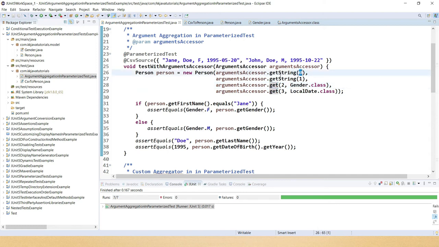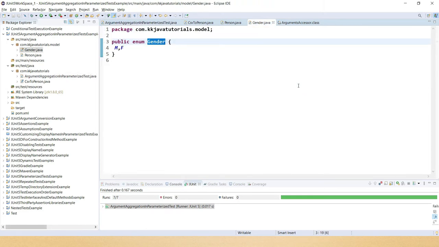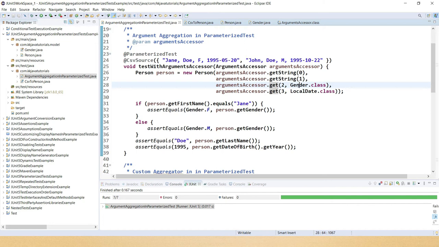This is the zero index, this is the first index, third, fourth, something like that. The second index, meaning the third element, is not a simple type but an enum type. Then you have to use the index and pass what type of argument you have, so Gender.class, which is an enum.